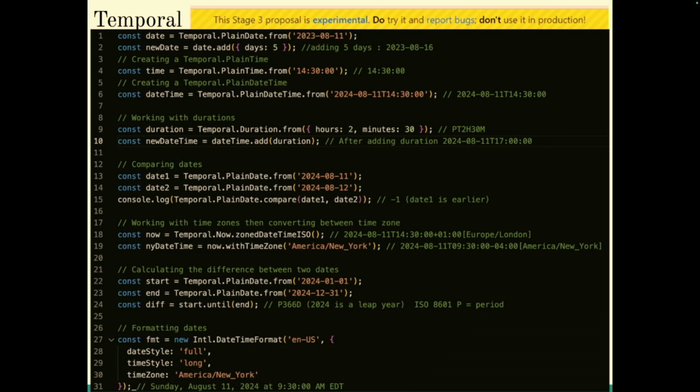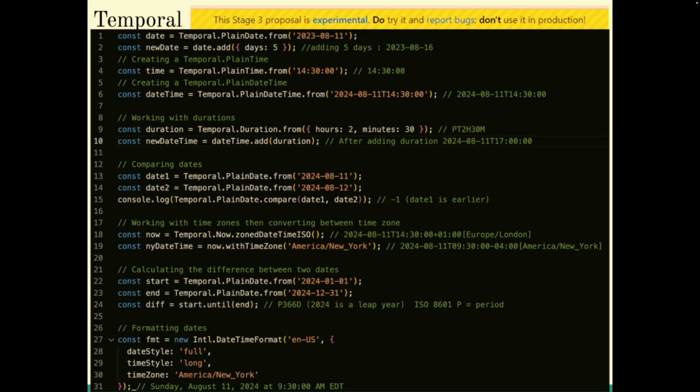But here's the key thing, right? Even though you might see this and say, hey, I really like this a lot more than how I currently have to deal with date times, it's still experimental. Even though you might say, okay, well, who wrote it? They're great developers, it's a great organization. Trust them when they say it's experimental. Maybe just play around with it, but maybe not use it in your production code until it actually makes it to stage 4, would be my advice, if you will.